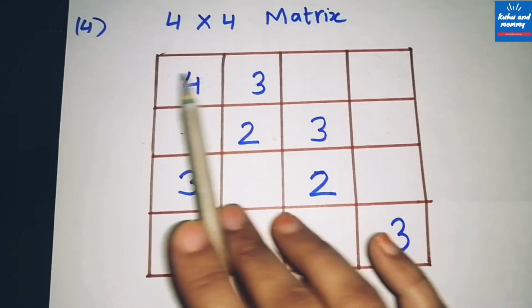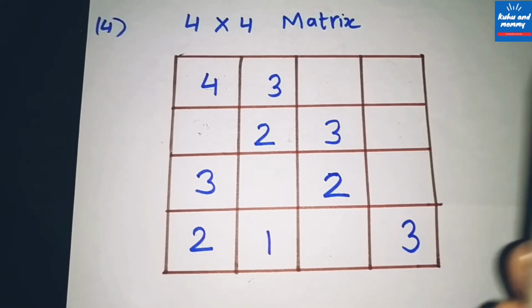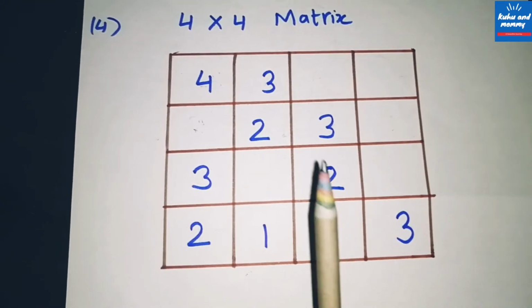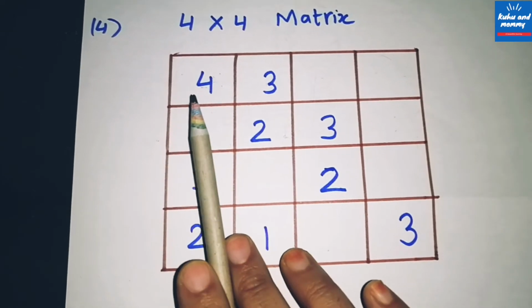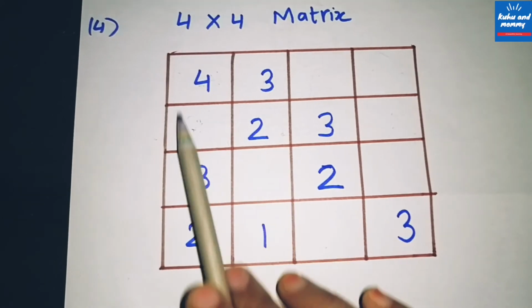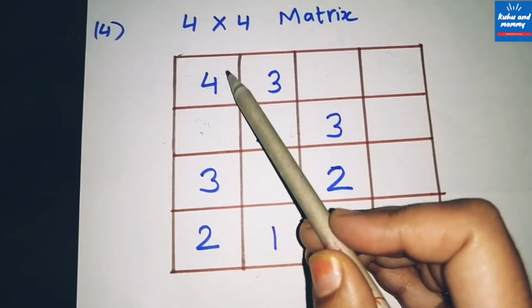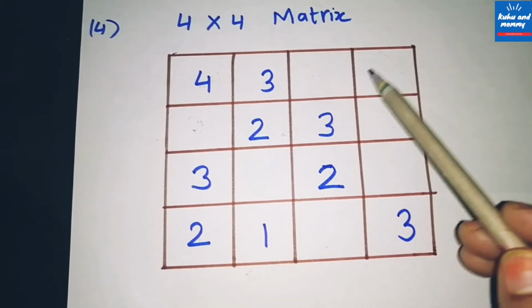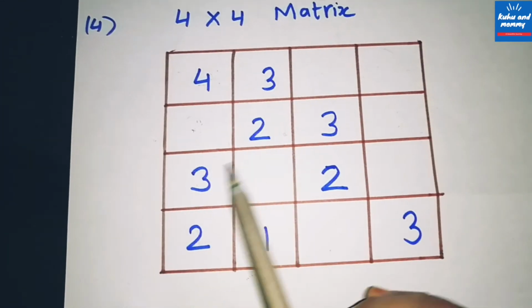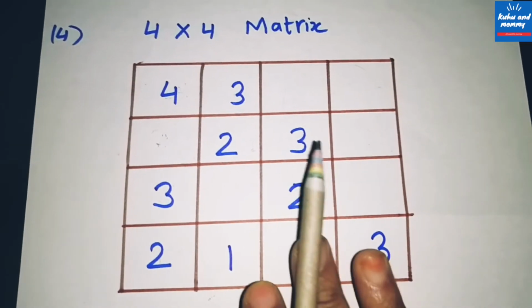Similarly, these rules are the same for 6 by 6 or 8 by 8 or 9 by 9 matrix. So these are the basic rules. No number should be repeated in any row, in any column or in a block. Okay, so in this 4 by 4 matrix, it is a 2 by 2 block. In 6 by 6 matrix, it would be 3 by 3 block, and so on. So these are the basic rules.